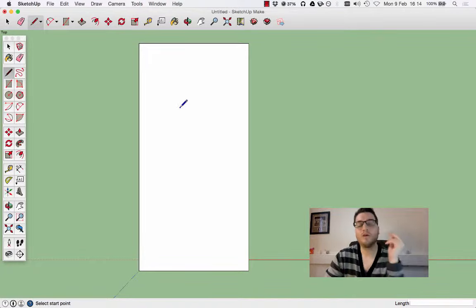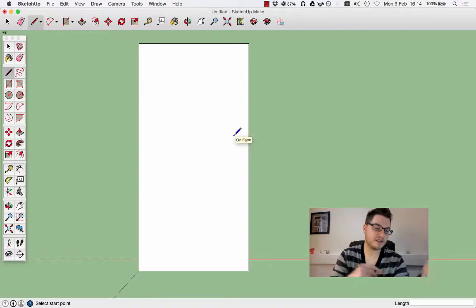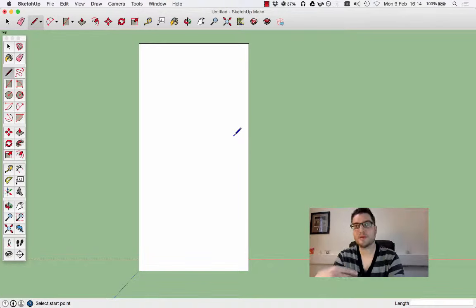So what you can do is use the pencil tool and draw guidelines onto your model, and these construction lines or guidelines will eventually be removed, but they will help you to achieve your result. So for example, if I want to say have a rectangle, a hole cut through my shape, and I want to have it,